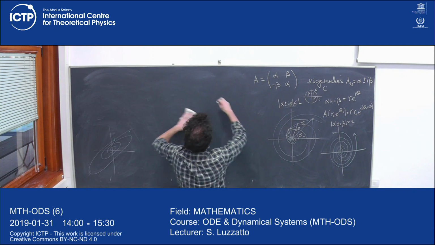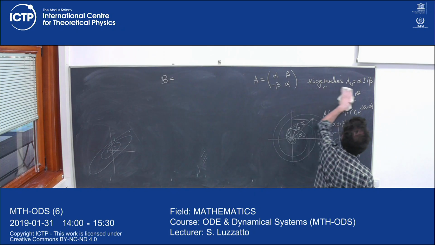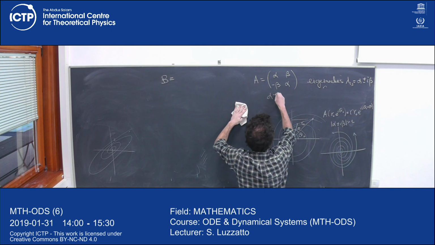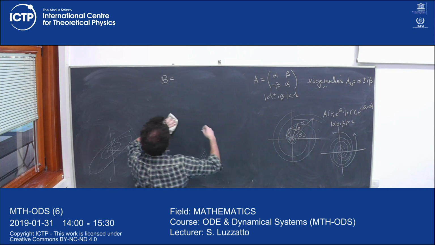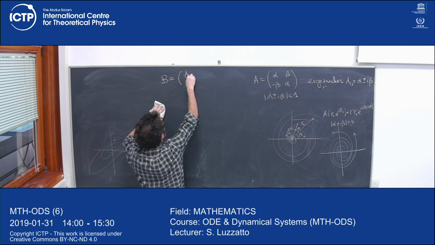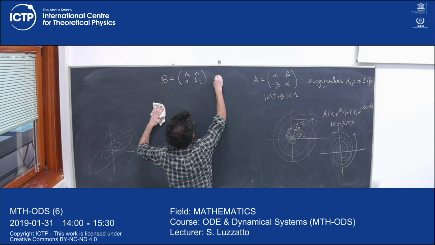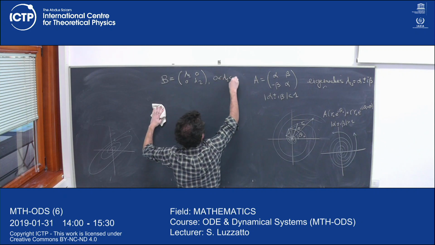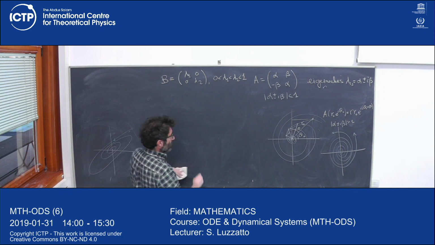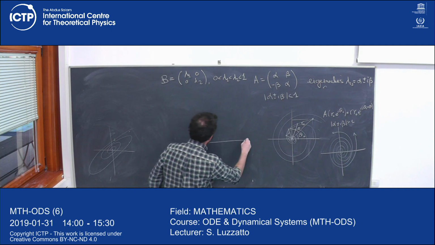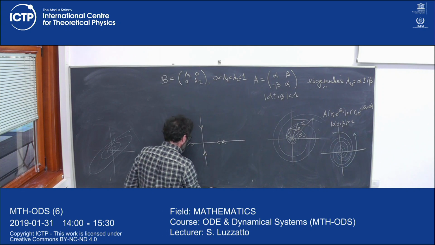So let A be like this, and let A be like this, and let's suppose that alpha plus or minus i beta is not less than 1, so it's an attracting fixed point. And let B be lambda 1, 0, 0, lambda 2, okay? And let's suppose that both lambda 1 and lambda 2 are between 0 and 1, so this is also an attracting fixed point. So here lambda 1 is more contracting, lambda 2 is less contracting, so if it's